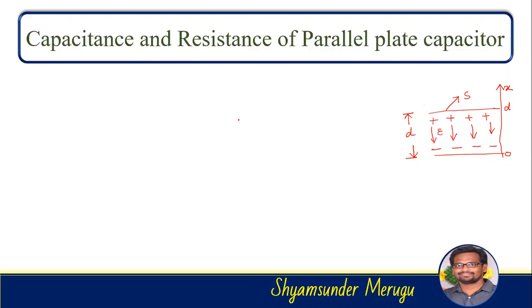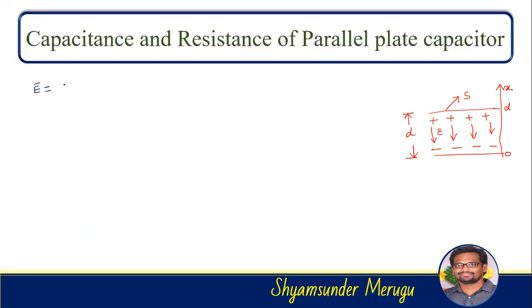So point 1, we consider the Cartesian coordinate system here, and point 2, we consider the plates are carrying the positive charge and negative charge. Point 3, by using Gauss law or even Coulomb's law, we have to find the expression of E bar. In order to do that, we have the concept of electric field intensity due to an infinite sheet of charge. There we have E bar as rho s by 2 epsilon.